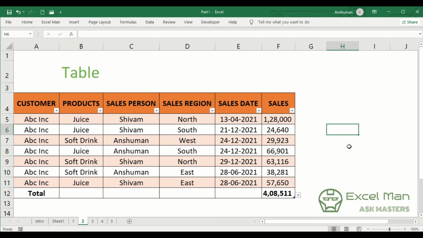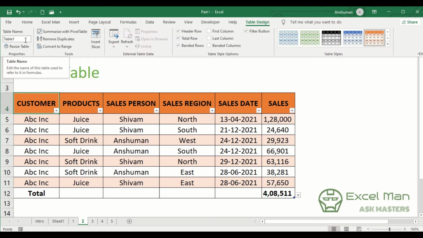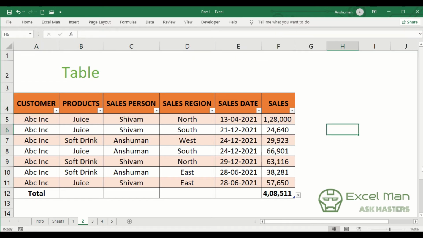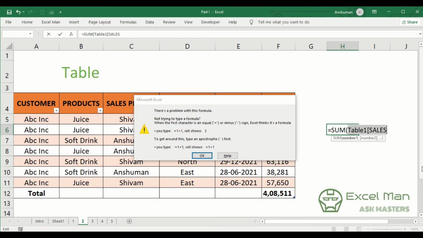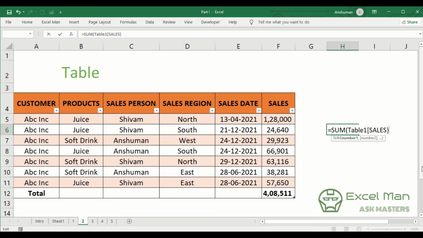Another thing I can do is a cell reference with the table very easily. As you can see, when I click on Table Design, this table is named Table1. If I want to put any sort of cell reference, let's say I want to sum up my data, instead of selecting this data, I can simply type Table1, and you can see that Table1 has appeared over here. I just have to open a bracket, and let's say I want to sum up the sales data, so I simply select Sales and press enter. This can be done by closing the bracket. You can see that this sum is appearing over here. So cell reference has also become very easy.